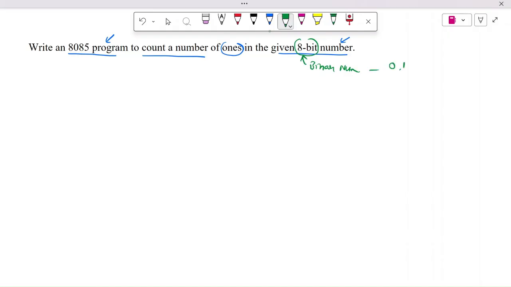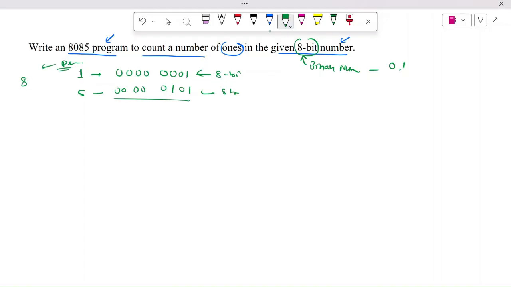For example, 1 can be written as 00000001. It's an 8-bit number. And 5 can be written as, so this is 4, this is 5, so this will be our 8-bit number. The same way, I have written here decimal numbers, but whenever you are giving input to the 8085,